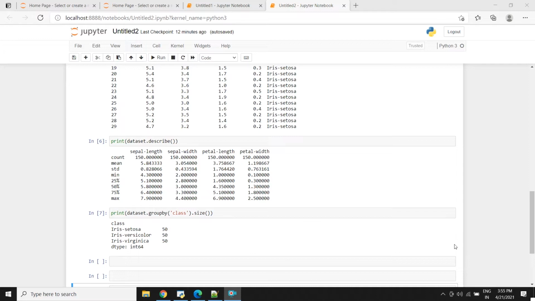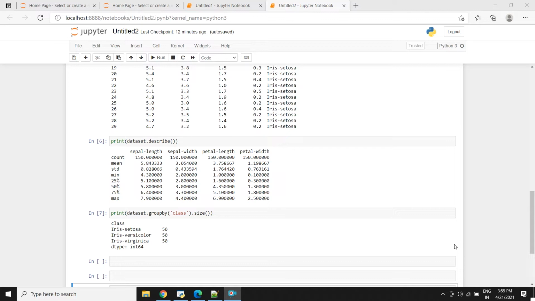In the last session, we created a basic set. So now in this session, we will create some visualization for it. So let's move ahead and create some visualization. For this, we are going to create two different types of plots. First would be the univariate plot and the next would be the multivariate plot.